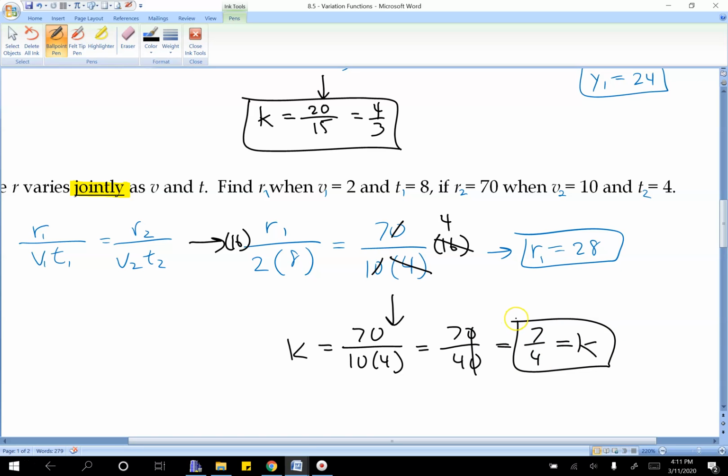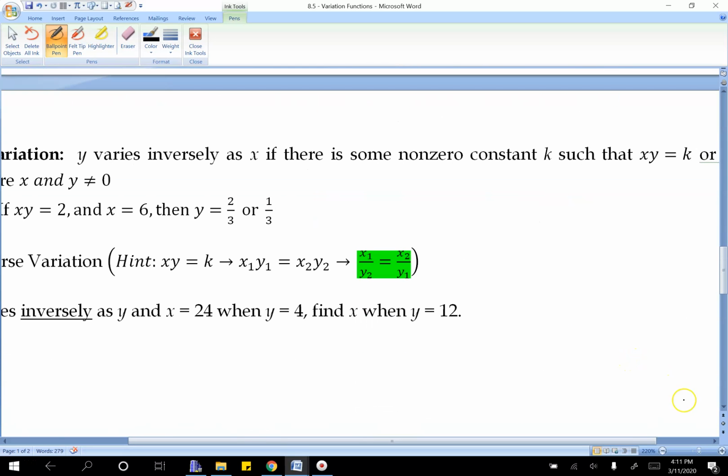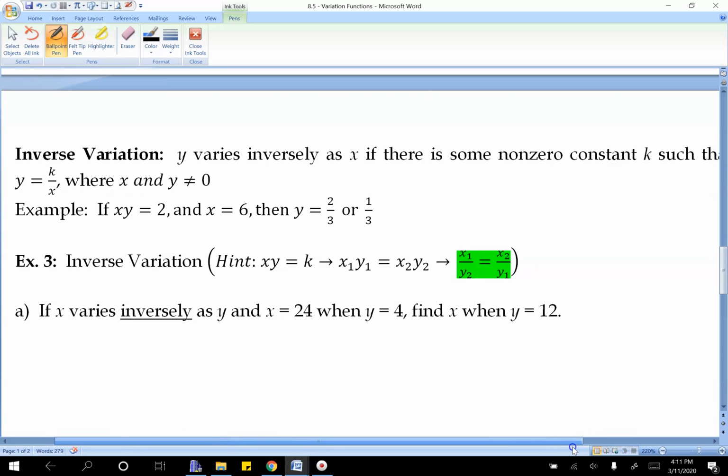Alright, we're moving on to our last example. And this last example is inverse variation. Okay, this one gets kind of complicated, but we're looking for the word where it says inversely. Yeah? And the formula now is a little bit different. So I want you to please take a look at it. It says